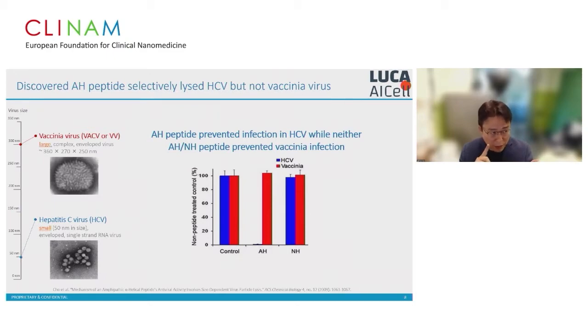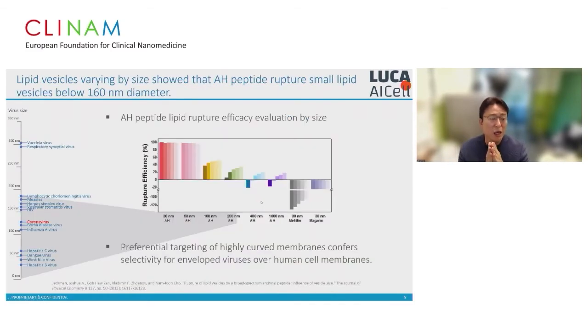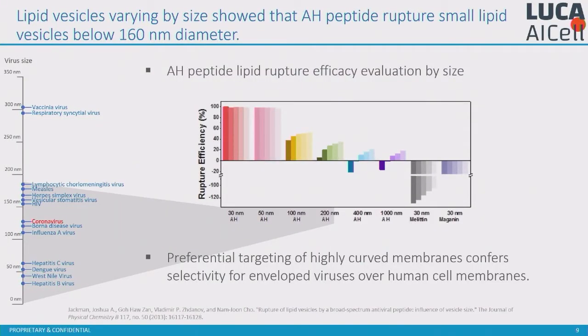For example, on specificity, even though it's the same kind of virus, vaccinia virus, an enveloped virus whose size is bigger than 100 nanometers, the peptide does not have any efficacy. It only works for virus particles below a certain size. And then we mapped and studied how this peptide effectively lyses particles below 150 nanometers,